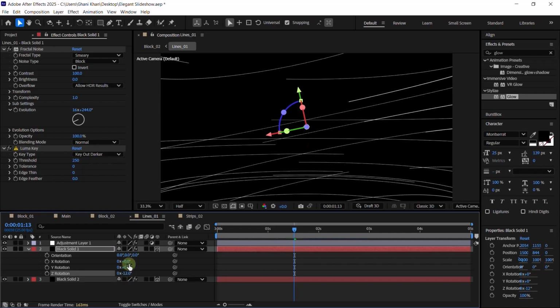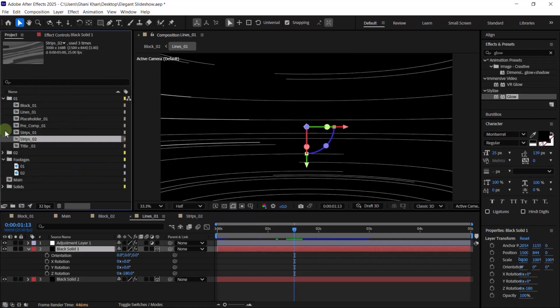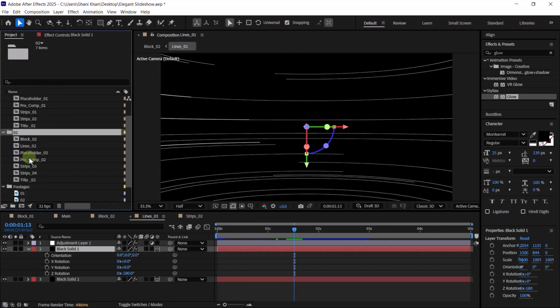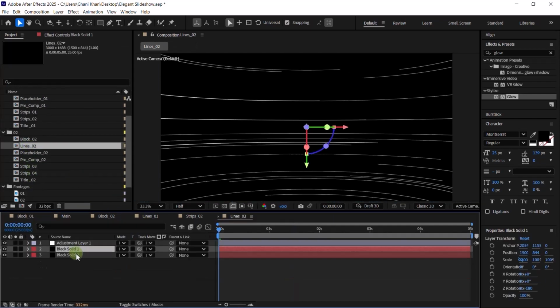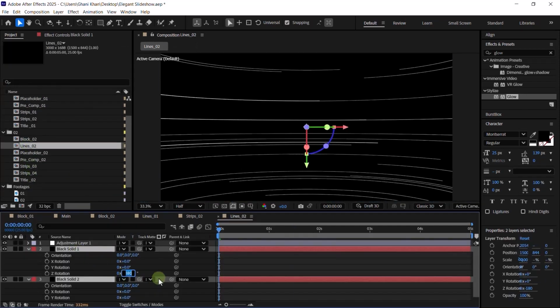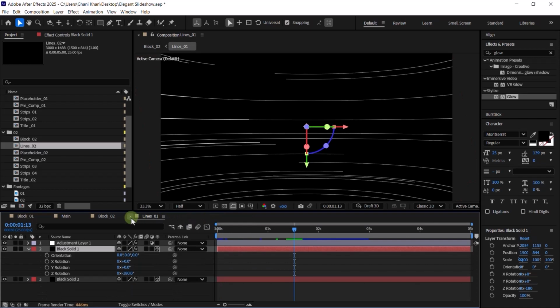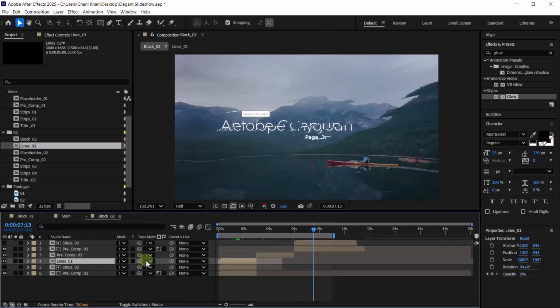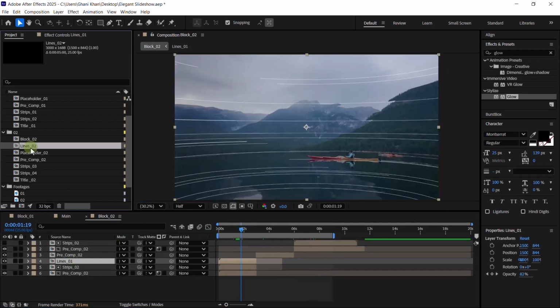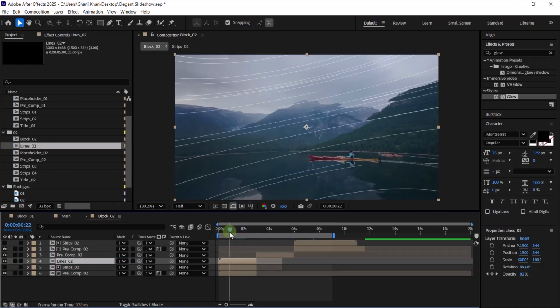I'm sorry, the only thing we did wrong is also go to block 2 and select the lines and press R on the keyboard and let's change this to like 12. Yeah, that's okay. Close line 1 and select that lines and hold right click and press Alt on the keyboard and replace the lines with a line 1. Now you can see